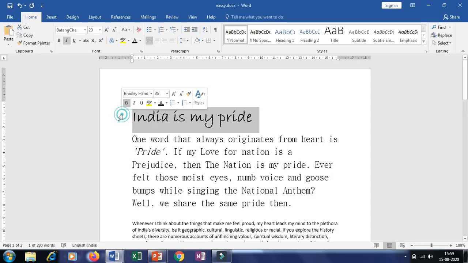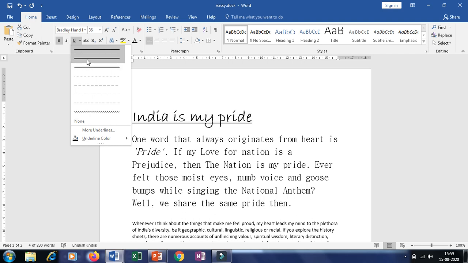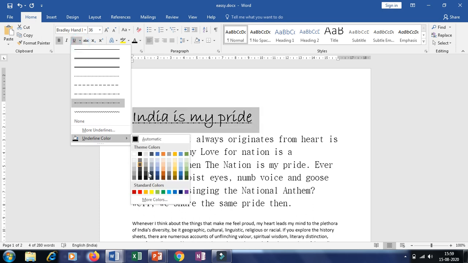So I'll underline this, "India is my pride." When I click on this underline, only a simple underline is there, but when you click on this arrow, you have lots of options for the underline also. Whichever you want, you can select it. I'll select this one, then click on this again, and you can choose the color of the underline.